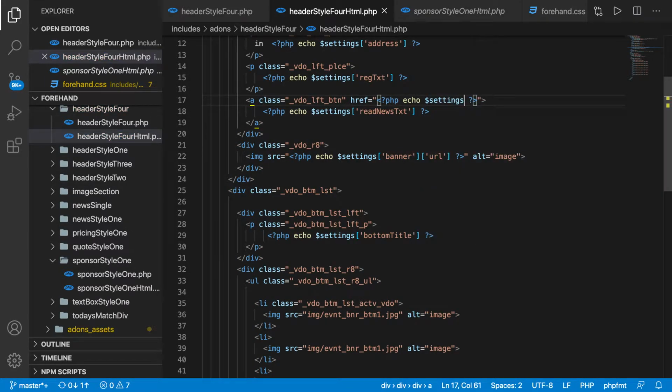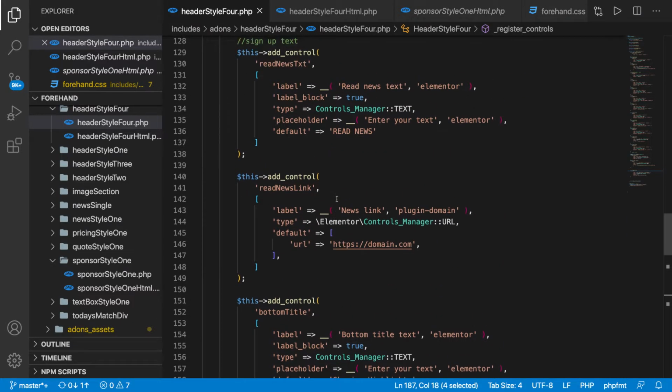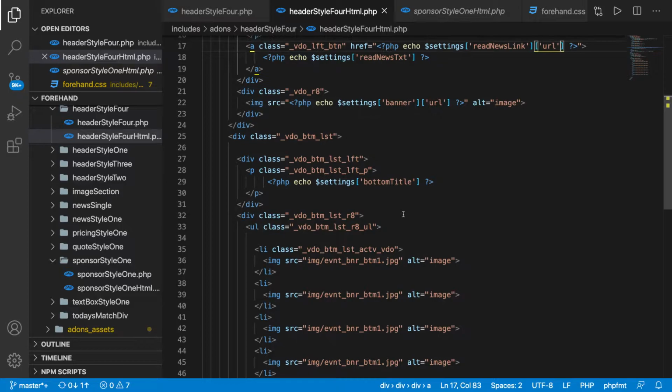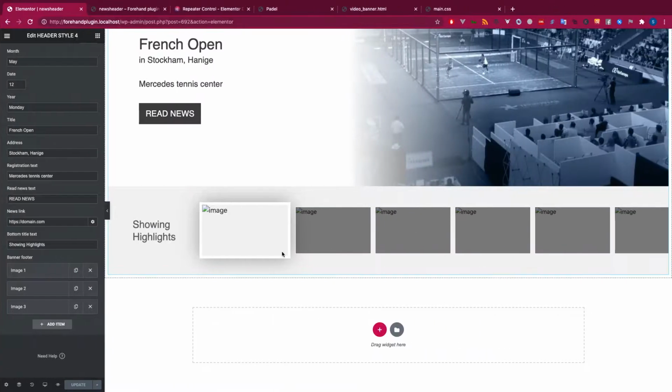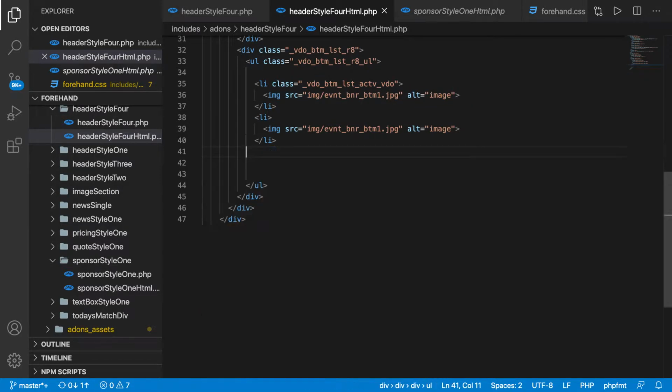Echo settings. What was the link name? And we have to do this URL. Okay, perfect. Now the link is there and we have the repeater item like this. Now let's go ahead and check. We have the first one, second,